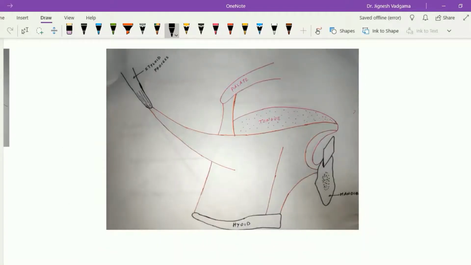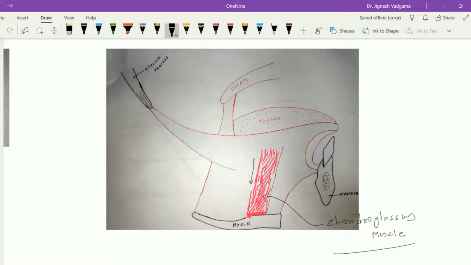Now let's see the chondroglossus muscle. The chondroglossus muscle is the only detached part of the hyoglossus muscle which is attached to the side of the tongue, and this detached portion of the hyoglossus muscle is called the chondroglossus muscle. This muscle gets its origin from the lesser cornu of the hyoid bone as well as some part of the body of the hyoid bone, and is inserted to the side of the tongue. When this muscle contracts, it will lead to the depression of the side of the tongue.